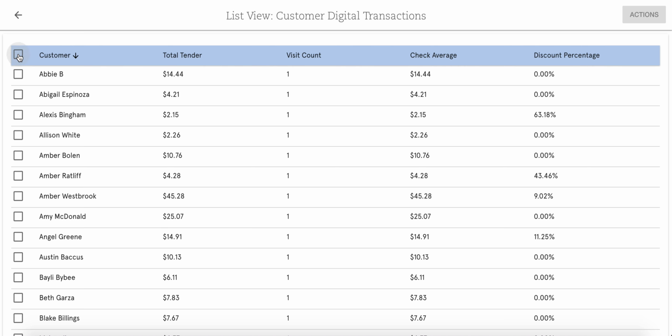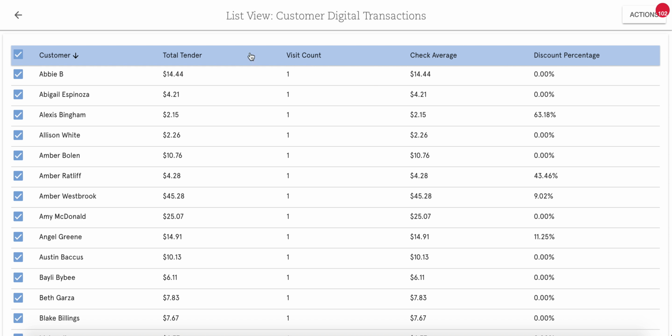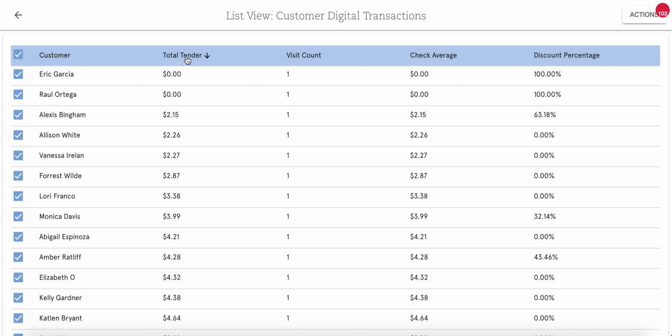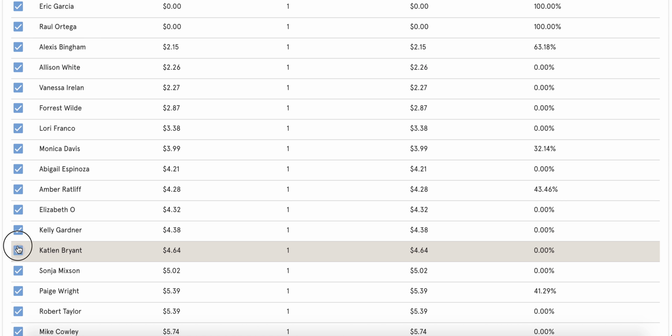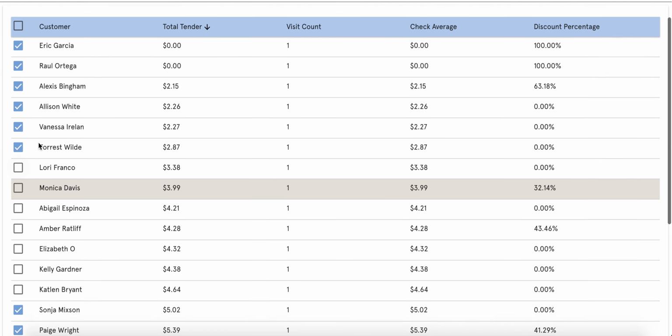Then I want to select all. This option pops up to select all 102 and not go page by page. Makes life so much easier, so we're going to click that. And then I'm going to organize it by total tender, because remember, I don't want to send treats to people who didn't spend at least $5, because